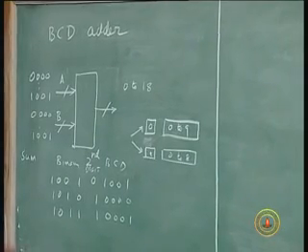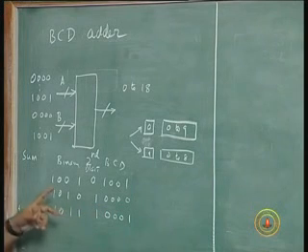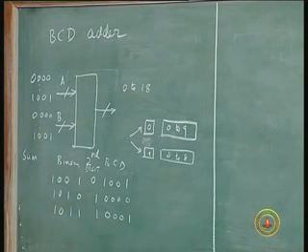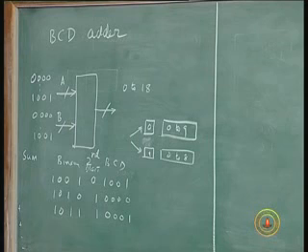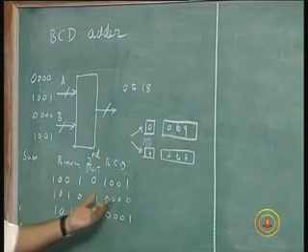Again 16, 17 this is, 1 followed by 16. So if I add beyond 9, for 10 and above, all I have to do is to add a 6 to the output. If I add a 6 to the sum beyond 9, I will get my true representation